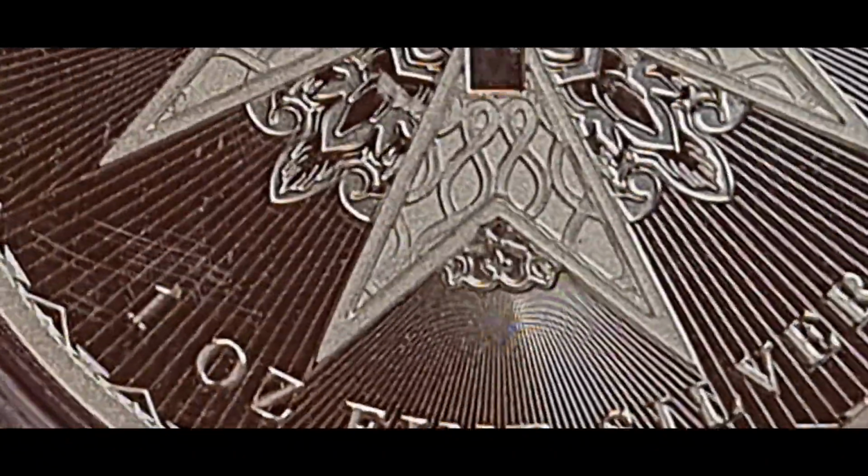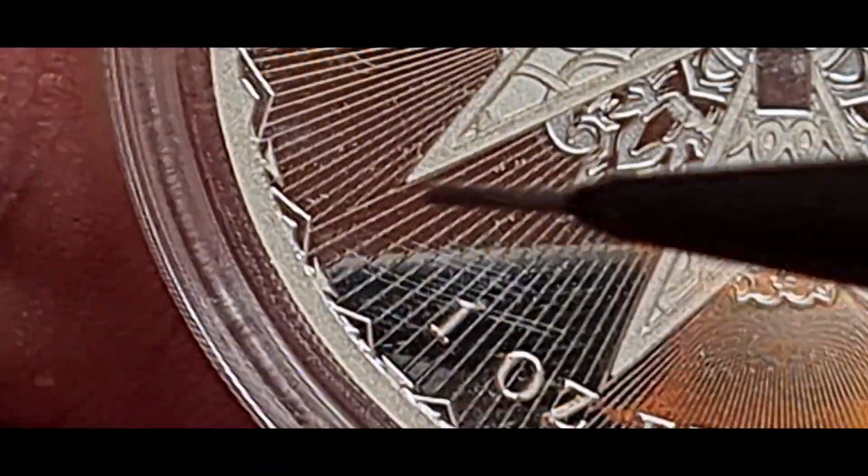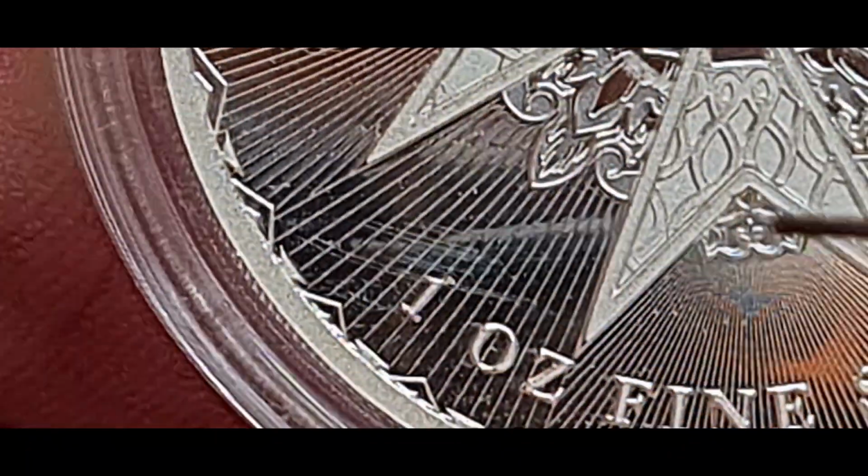Now, this is the proof-like version of it as well, and you'd expect it to be pretty dang good. I'm really hoping that's on the capsule, because that is not cool. You can see the lines here. But anyway,